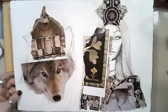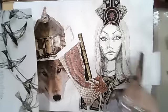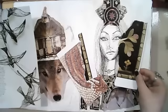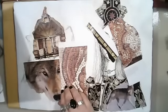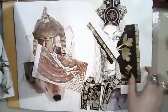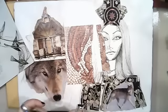This one is the one I want to work on because I've got all these bits that go really well with it. Do you know that goes really well with it as well? That matches her top, look. I like that. I might leave that one that way round. I've got these bits. In fact, let's...